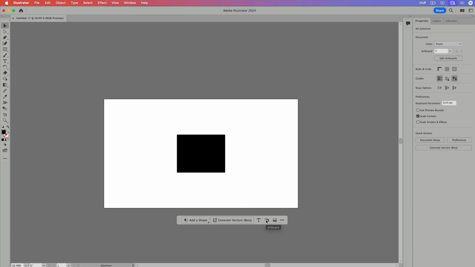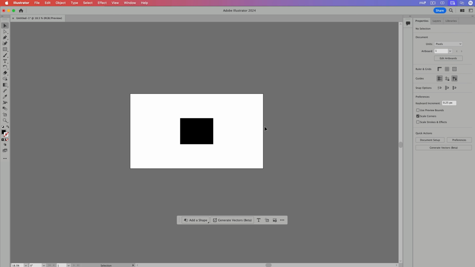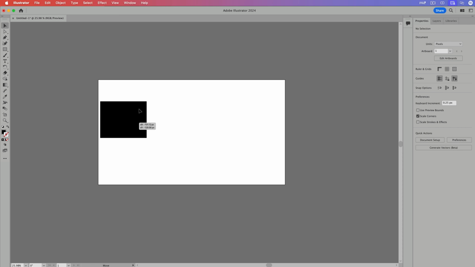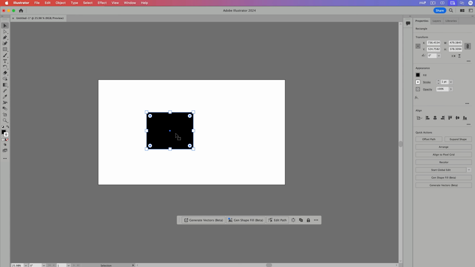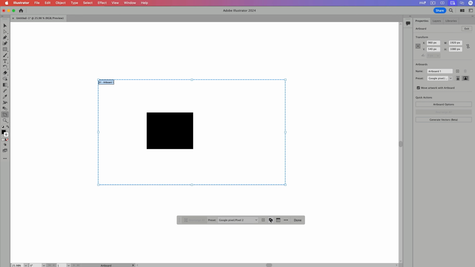The next icon we have is artboards. Now this can get quite confusing if you're new, but don't be overwhelmed by it. An artboard is simply an area. Remember when I said that this whole place is like a table? All this gray is a table, and this white part here is like a piece of paper that we've cut out. And then every shape is like another piece of paper that we're putting on top of that paper, so we can manipulate it around. Well, an artboard tool essentially